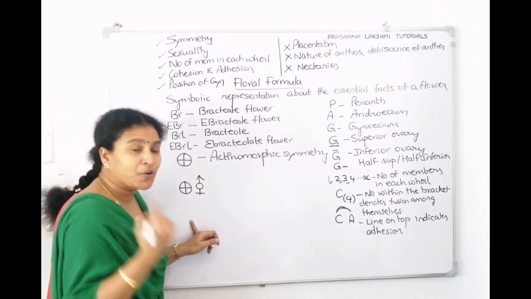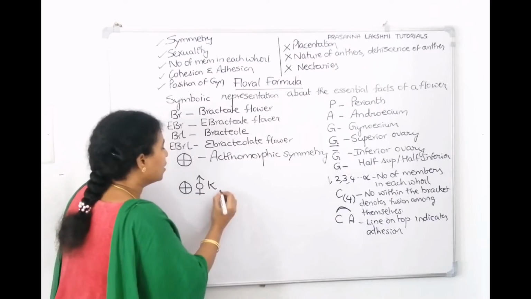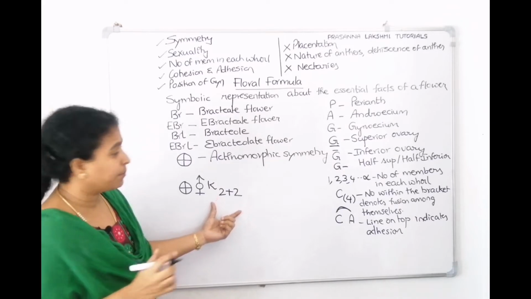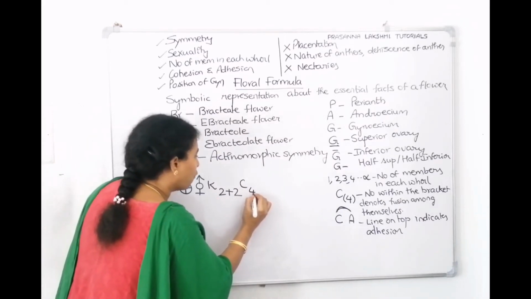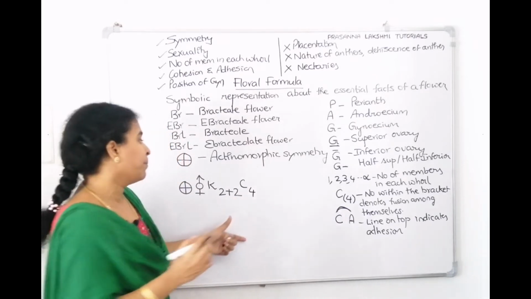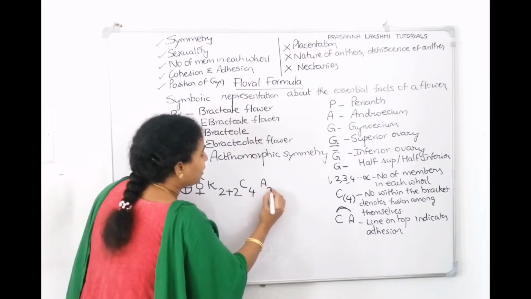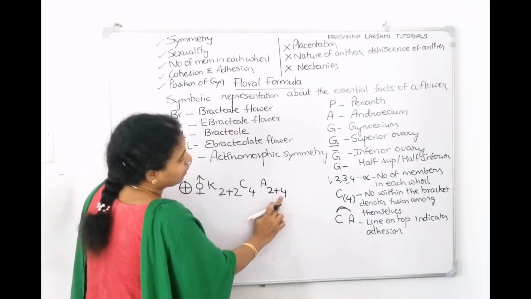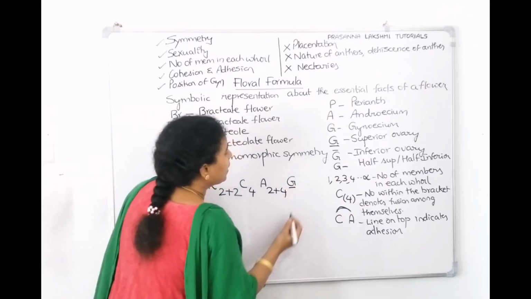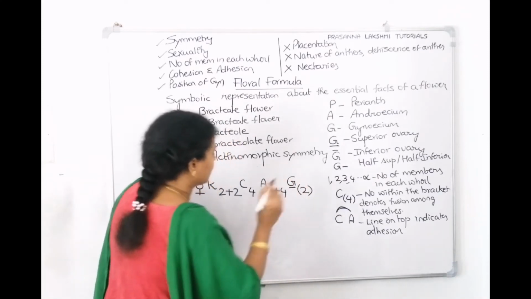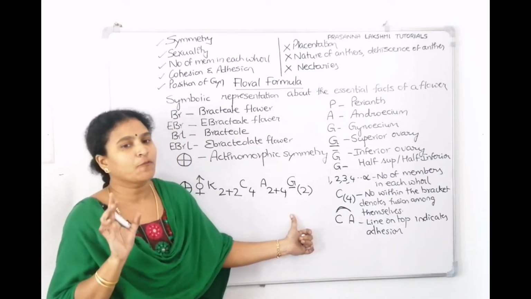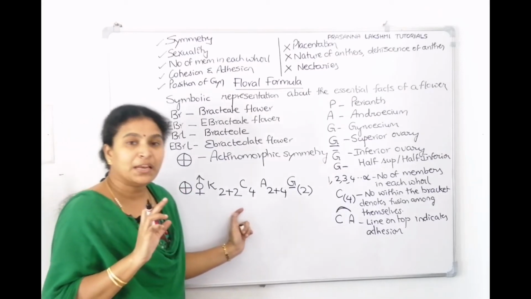Then after that, we have to tell the number of calyx. So K will be there, 2 plus 2. Not fused, separate. So I am keeping those two separate. Then corolla will be there. They are 4. These 2 in one ring, 2 in one ring. But corolla, all 4 in one ring. Then androecium, there will be 2 plus 4. 2 in one ring, 4 in another ring. Then gynoecium, superior ovary, so underline. It is bicarpellary syncarpous like this. So children, this is the floral formula for Brassicaceae. When we draw the floral diagram, then you can understand.